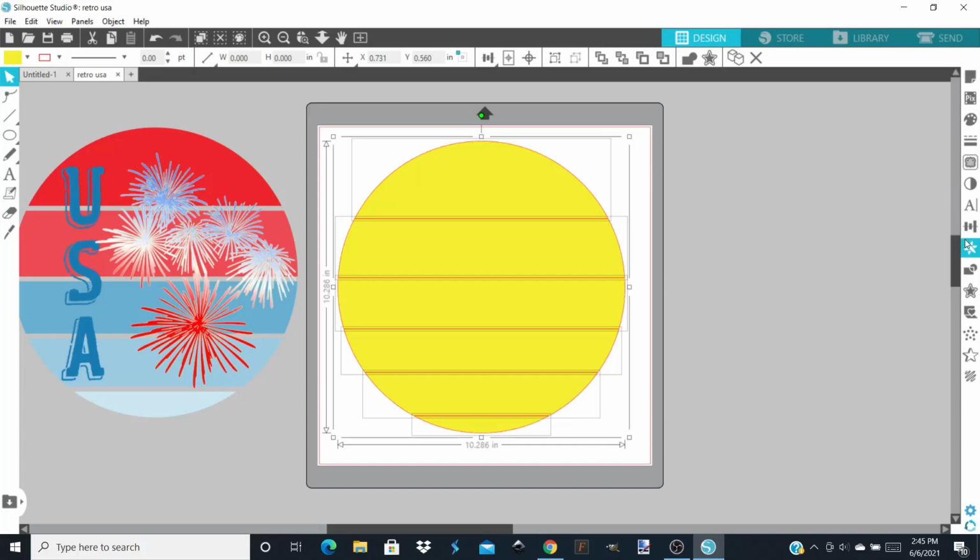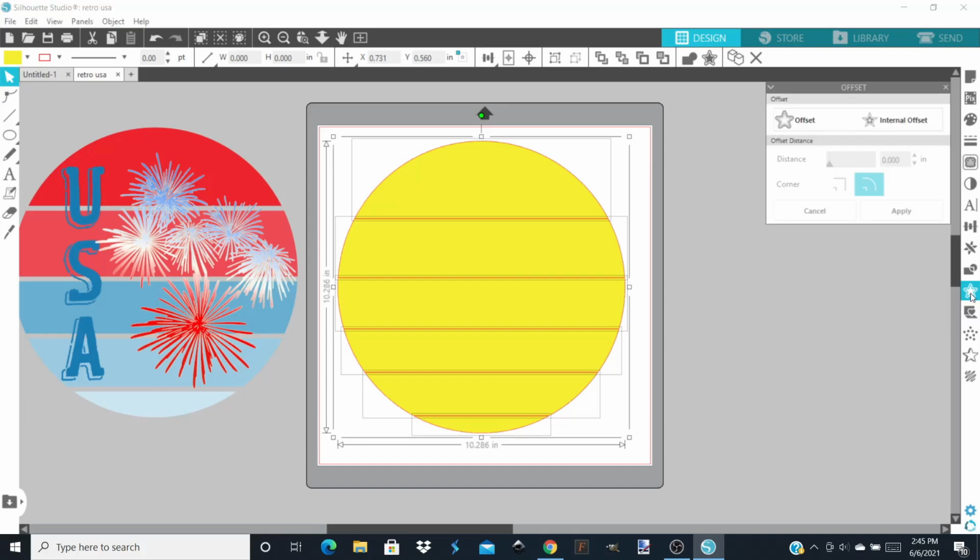Now we're going to come down to the offset button, which is on the right hand side. It looks like a star with an outline around it. You're going to click on that, and we are going to do an internal offset because we want to keep the same round shape, but we want gaps in the center. If you just try to spread these apart to get the gaps, you're going to end up with a weird shaped oval. So in order to maintain the round shape, you've got to do the offset. So we're going to do an internal offset,